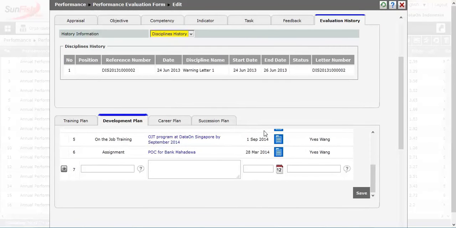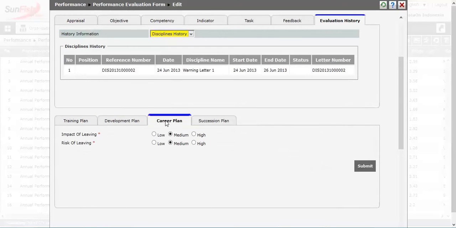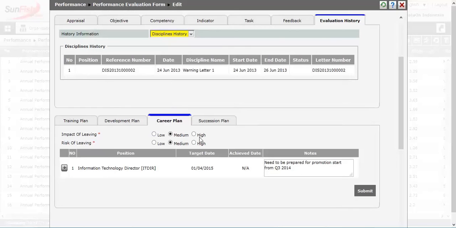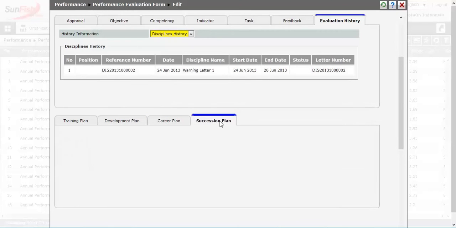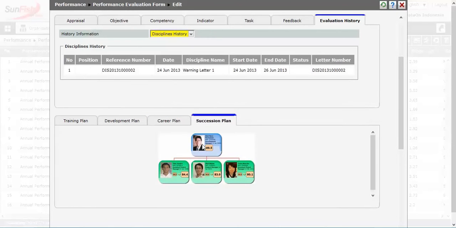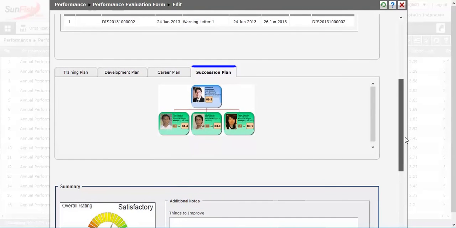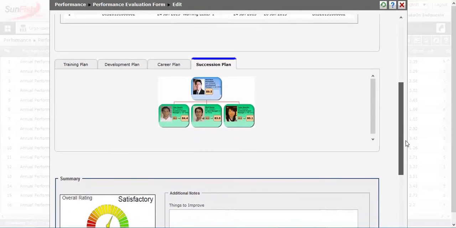The career plan to view the current employee career plan and adjust the plan for future positions. The succession plan to view the current successors and their readiness to assume the employee's position should they be promoted or resign. After completing the evaluation and planning, the appraiser can review the employee's final score and compare all their